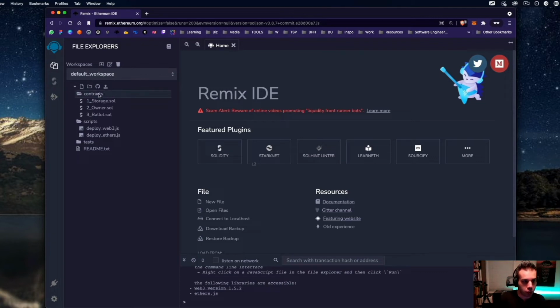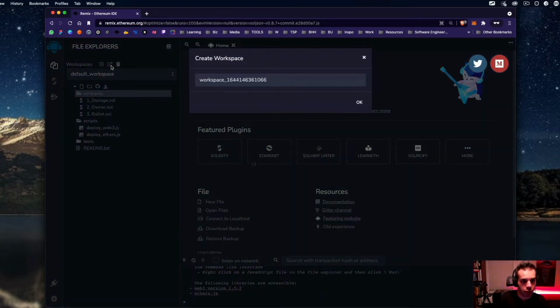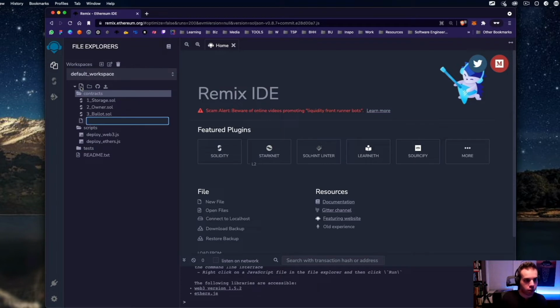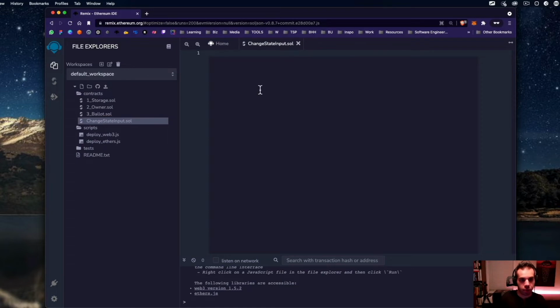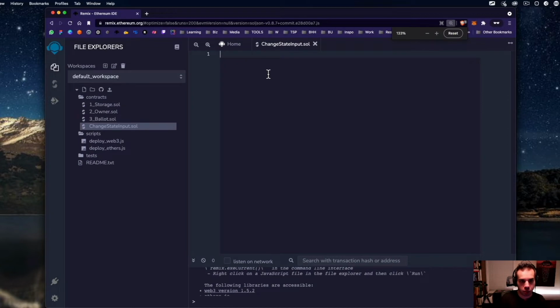So what we're going to do is go into our contracts folder. This is just on the home page, we're going to create a contract, or actually in here, we're going to put it there. We're just going to call it state, call it change state input dot sol. All right. And .sol is for Solidity. So if you're coding with JavaScript, you put like JS, or TypeScript with JavaScript, maybe it's like TSX, but this is .sol for Solidity. And I'm going to make this a little bit bigger just so that we can see.